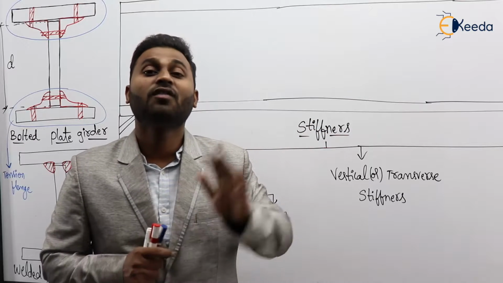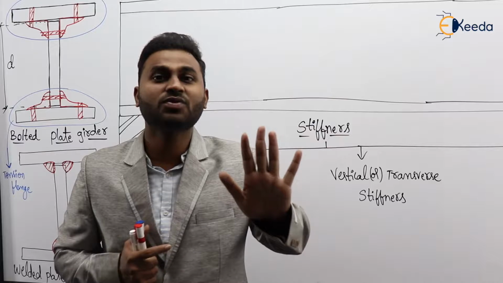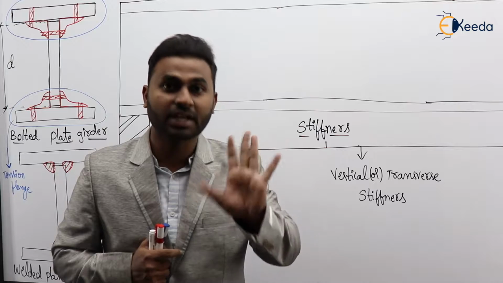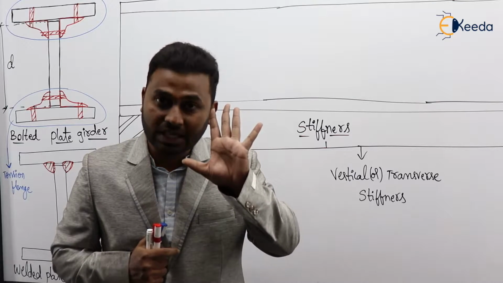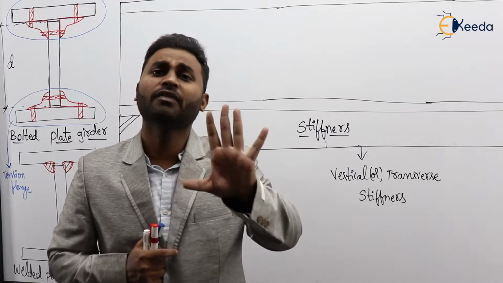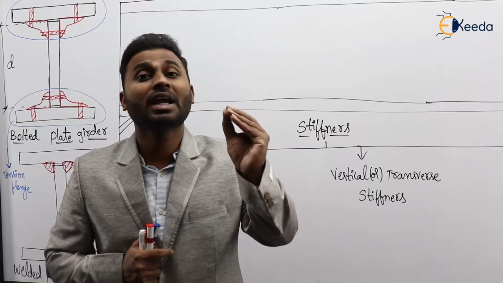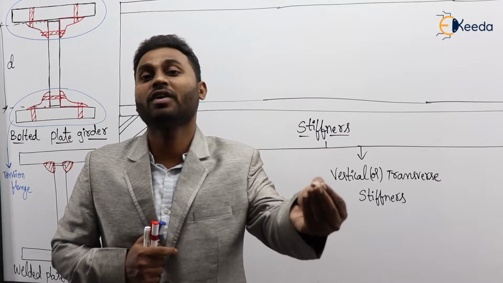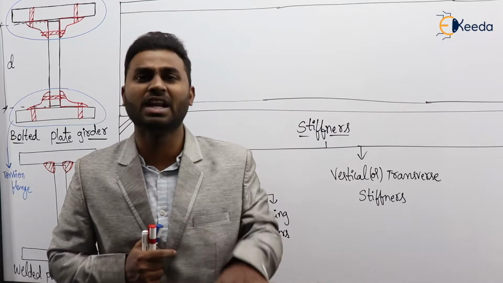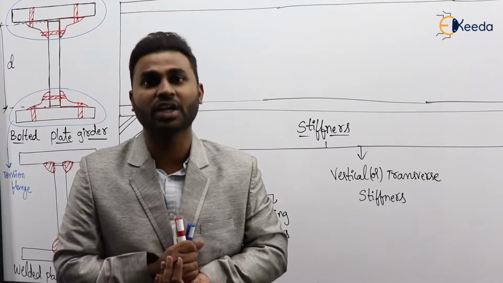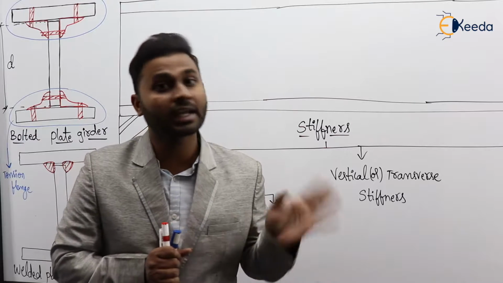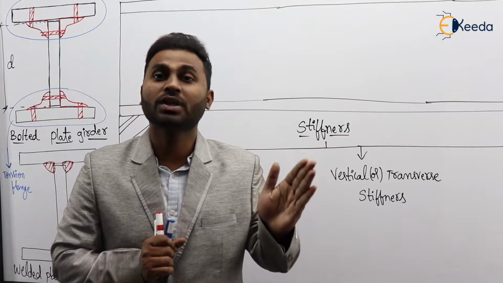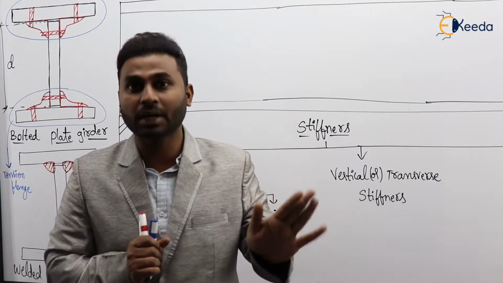But for a rolled steel section, which is manufactured in the industry itself, the chance of failure of the web in buckling and crippling is very less. The reason is, as they are manufactured, these things are taken care of. The manufacturer takes care of these things so that web buckling and web crippling will not take place. But